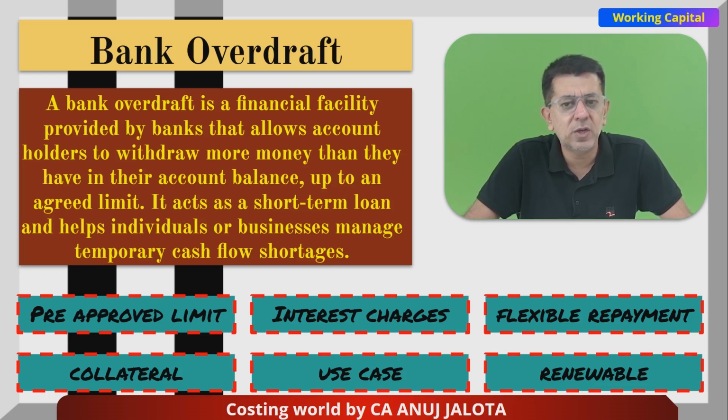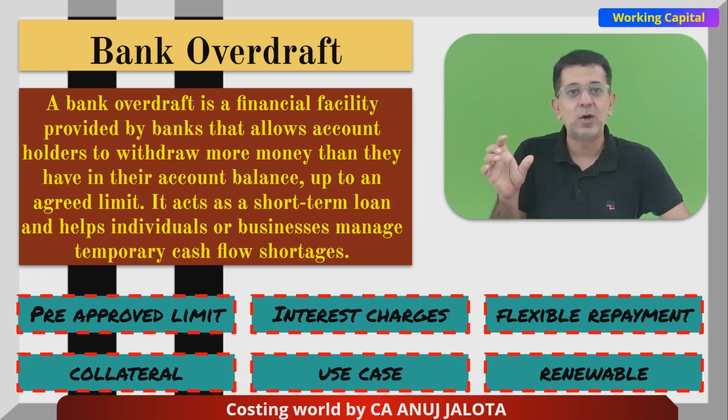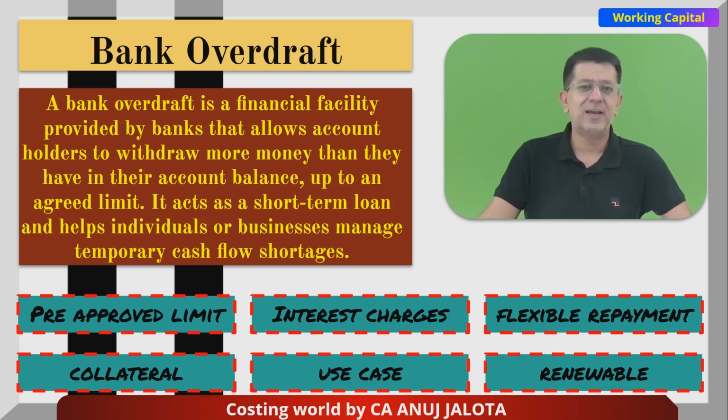Renewable, so therefore, you have to try to renew this thing, say after each and every year. After each and every year, the bank will tell you, like, your bank overdraft contract was there for a year, so therefore please renew that. There could be some charges of renewal, or if suppose your relationship with the banks is good, it might get